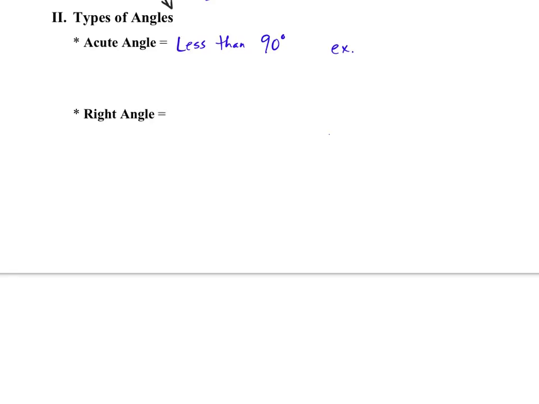Example. So you just want to draw something in there that has a less than 90 degree angle. I did something like that. A right angle. Perfect. 90 degrees. Right angle's 90 degrees. I'm maybe going to draw twice just to kind of prove a point. You can pick what you do in your notes, but I'm going to draw like a vertical and a horizontal